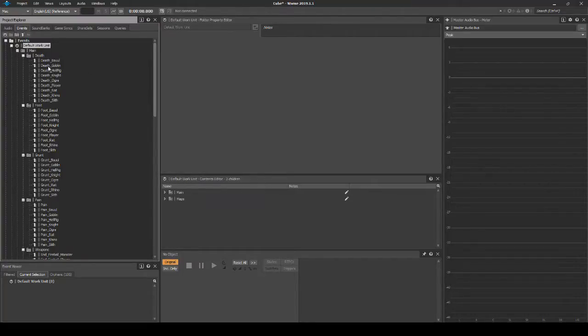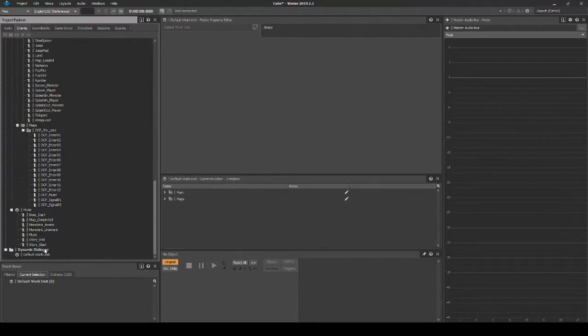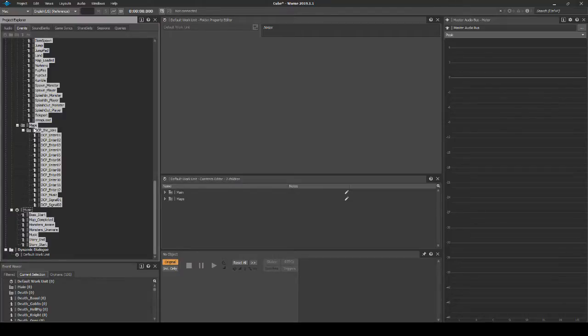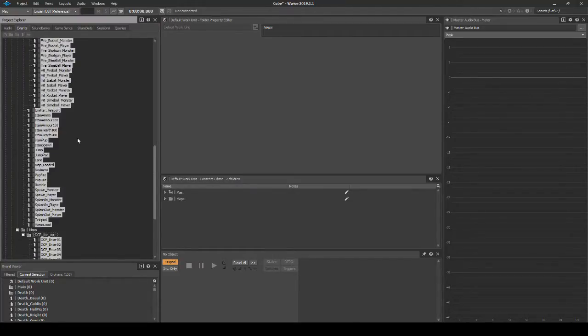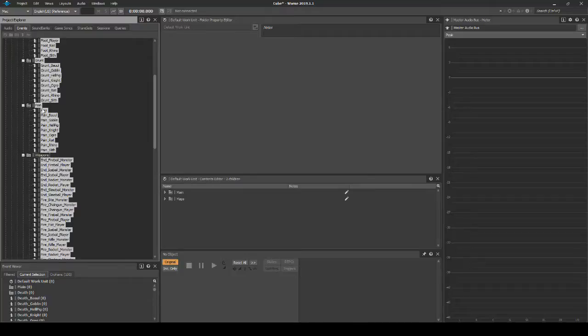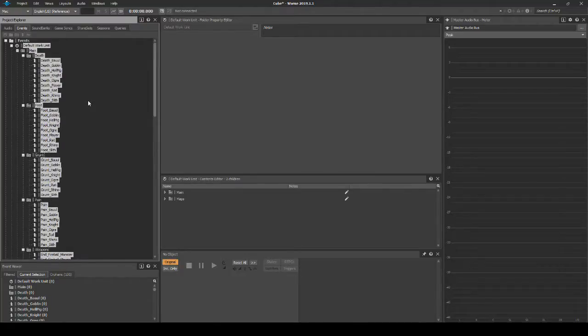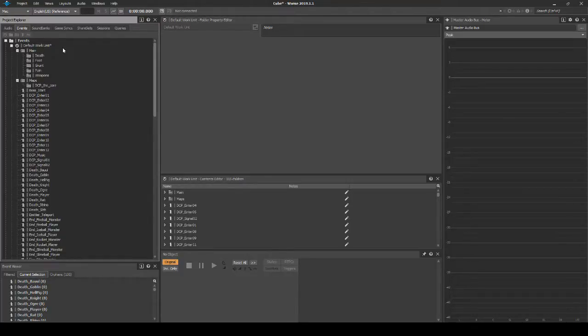Now drag and select the mouse cursor over all content in the hierarchy or Alt-select all content. Once all content is selected, hold Shift and deselect anything that is not a sound event icon. Then drag all the content into the default work unit. Delete the redundant folders: Main, Death, Foot, Grunt, Pain, Weapons, Maps, and